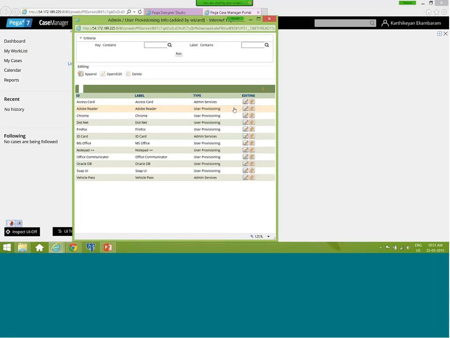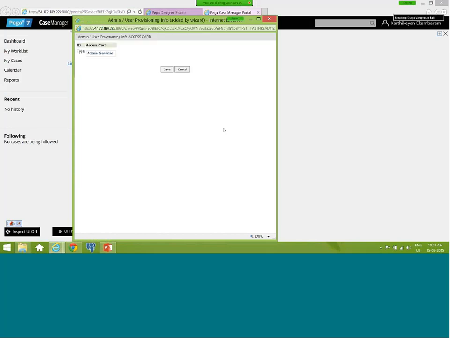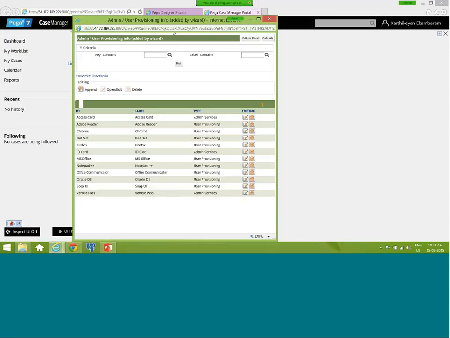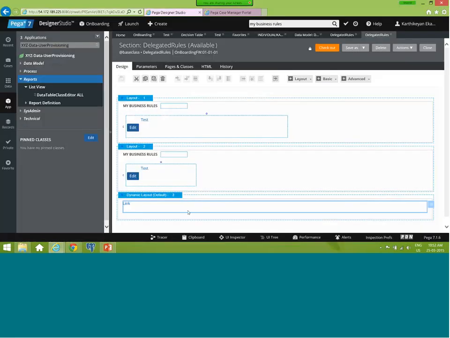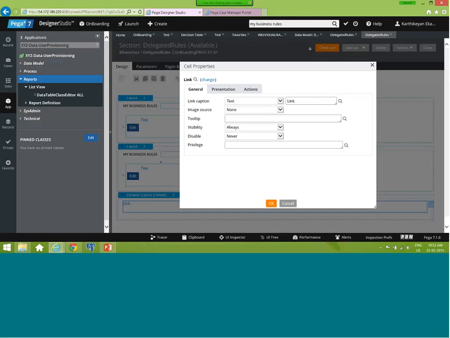You see now, right? Yeah. So they can do edit. They can make the changes and they can save it. Okay. So this is how you are able to do data table delegations. It's not difficult, but you should maintain in a single place where exactly all the data tables will be, right? So now I put only a link, right? Take an example, I put